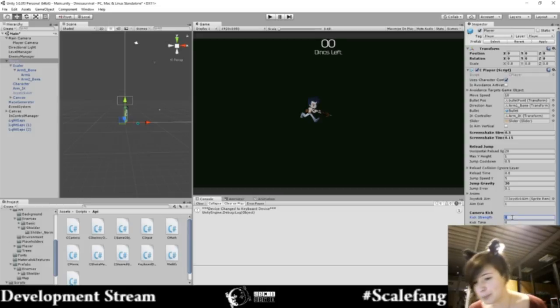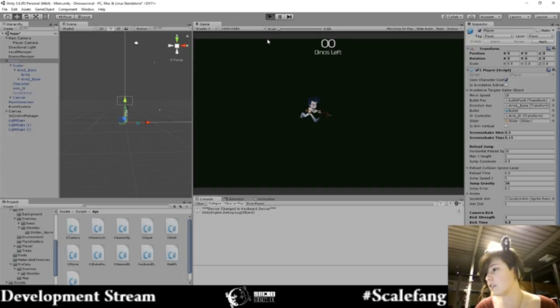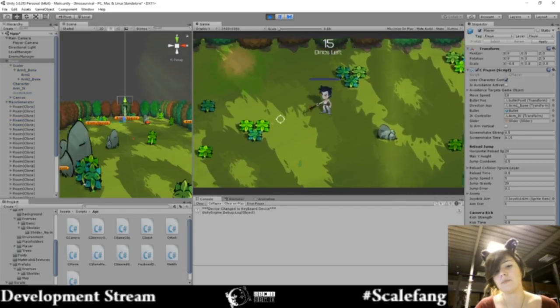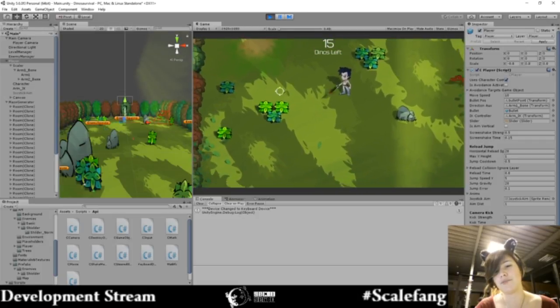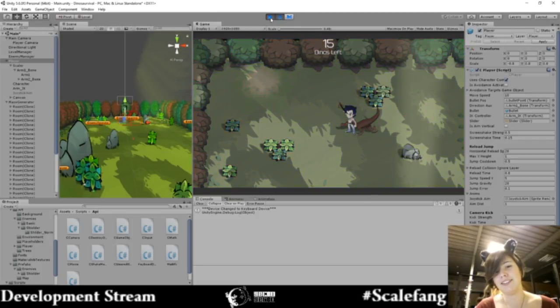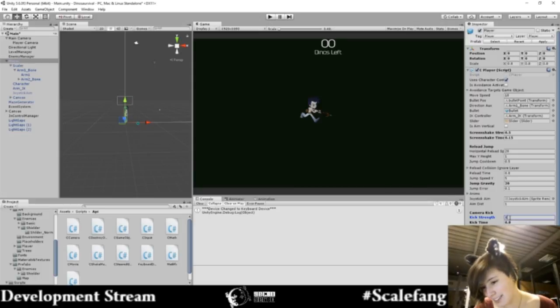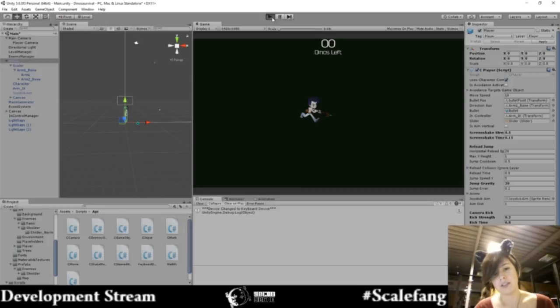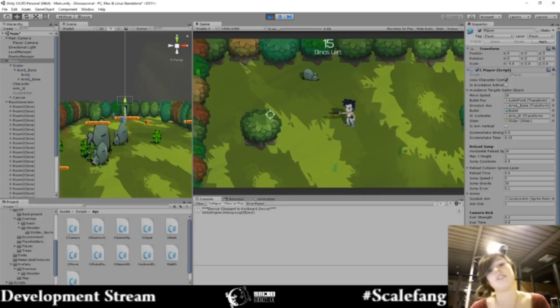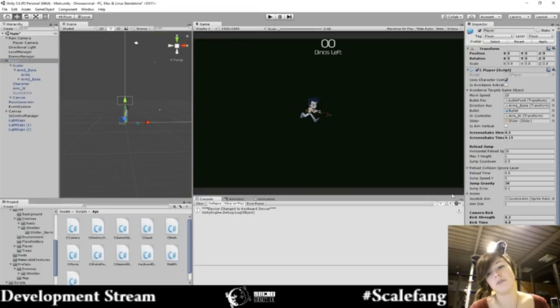So I need to actually camera kick here. Kick strength, I'm gonna go with 1. Kick time 1, 2, I think for now. No, I'm gonna go with 0.8. It goes in 10 seconds. Okay, that was too much. Let's make it 0.2. Right, I should have. Okay, I'm gonna